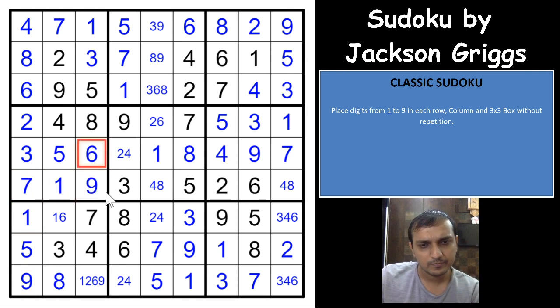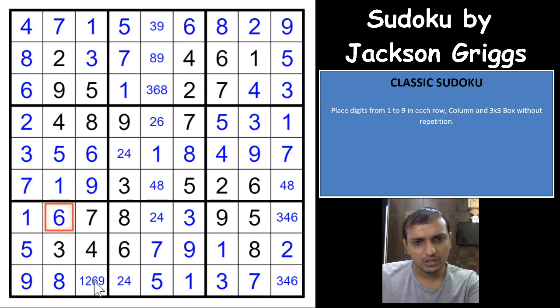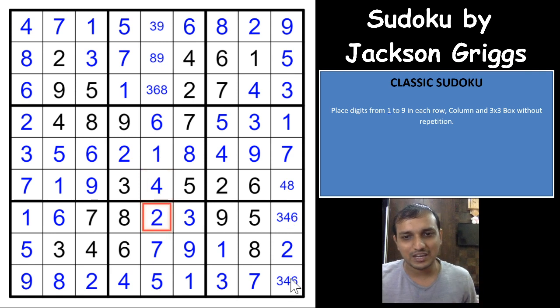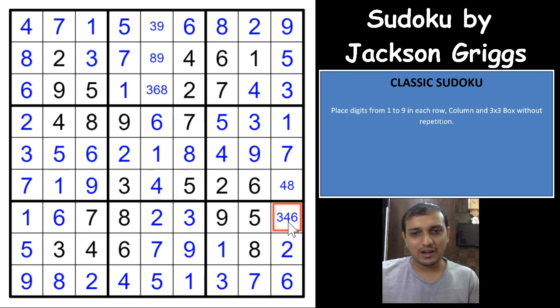If I am right, this will give you a 2 1 9 7 1 and 9, and that gives you a 6 here, that gives you a 6 here as well. So that gives you a 2 4 2 6 4. Wow. So this is how the Sudoku should be, guys. Excellent. And I am 100% sure this is what a handcrafted Sudoku should be.